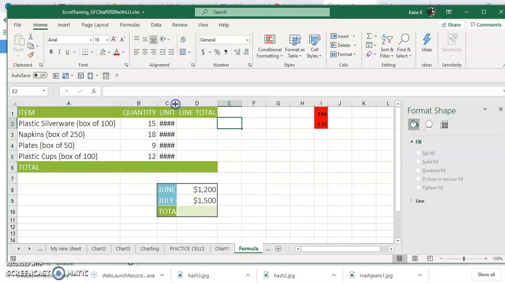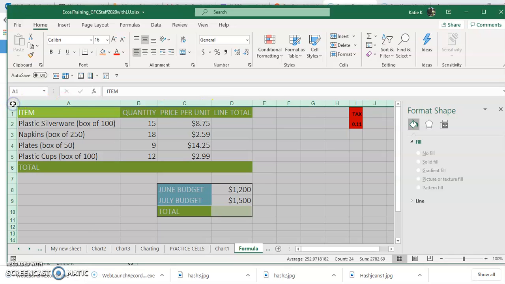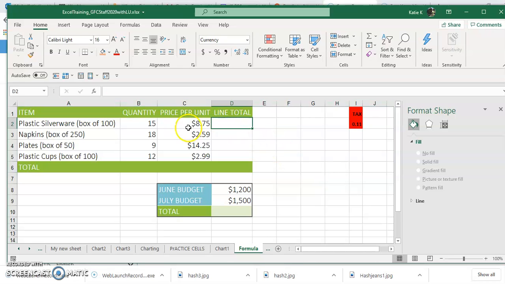So when you're working with numbers and you see the hashtag sign, that means there's not enough space to display the current numbers. So just double click between any two, but if you need the whole thing rearranged, select all first and double click. So if I want a formula here, I can see that I need 15 times 875